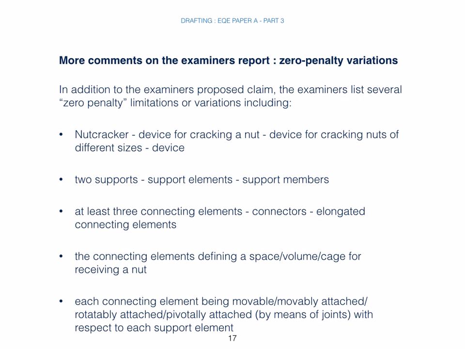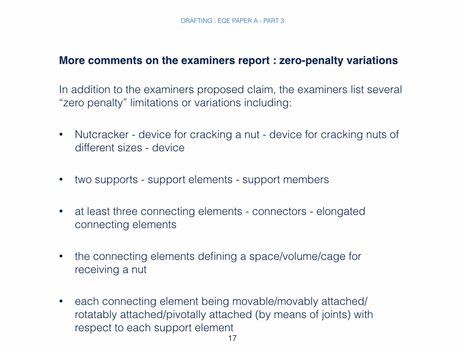Then we have the connecting elements defining a space, a volume, or a cage for receiving a nut. And I've used the word space for receiving a nut, and that was the word used by the client in his letter. So you have different choices of terminology, and you can use this different terminology without losing any credit